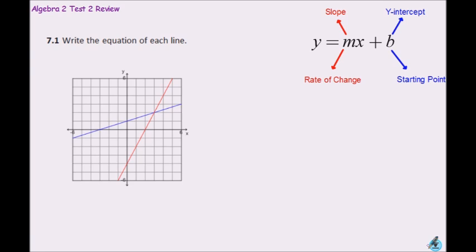Number 7. All right, so number 7 says write the equation of each line. So they've actually already got the picture there for us, so we don't need the calculator to graph it for us, or make a table. Really not a whole lot of work. Actually, really no work on this, to be honest with you. All we have to do is just take each line and figure out